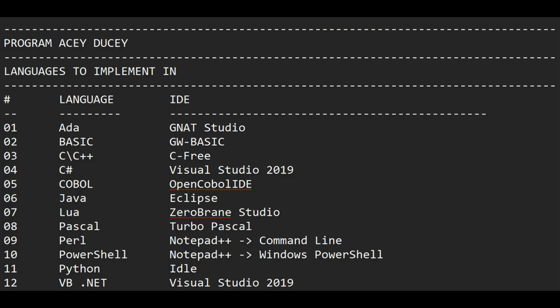All right, this time we're going to try to do Acey Ducey in multiple languages. The languages we're going to implement this in are Ada in GNAT Studio, BASIC in GW-BASIC, C++ and C in CodeLite, C# in Visual Studio 2019, which is the oldest Visual Studio that I can still run, COBOL in OpenCOBOL IDE,